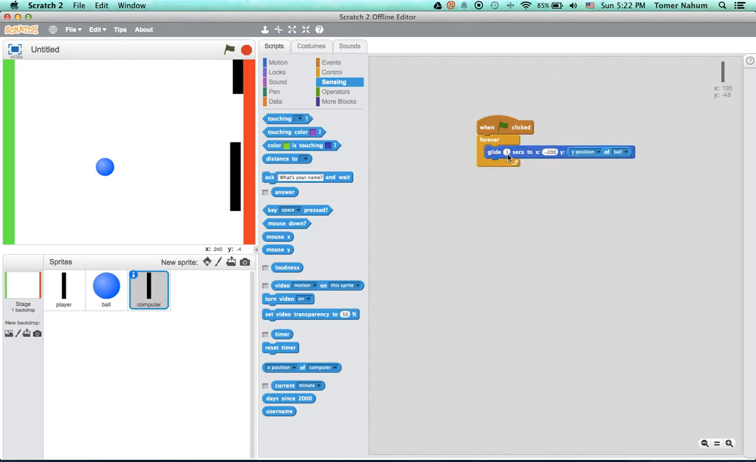Okay, so we're going to go ahead and place that. And now here is how you set the difficulty. The glide number here, it says 1 sec. This is going to be really easy. To make it impossible, put a 0 sec. Or you can just do a go to. And it'll always be where the ball is, so it'll catch it no matter what. The higher the number is, the harder it will be, because the slower it'll get to the ball. So if it's glide 5 seconds, which would be a lot,